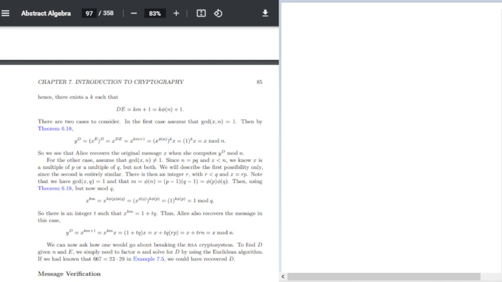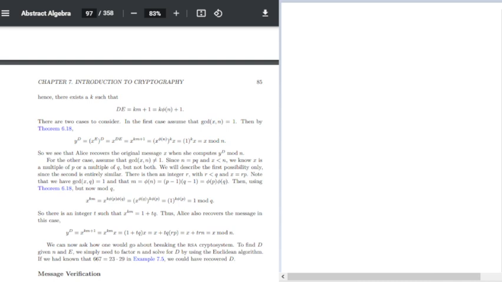We will describe the first possibility only, since the second is entirely similar. There is then an integer r, with r less than q, and x is equal to rp. Note that the greatest common divisor of x and q is equal to 1, and that m is equal to phi of n, which is (p minus 1)(q minus 1), which is phi of p times phi of q. Then, using theorem 6.18 but now mod q, we have that x to the km is equal